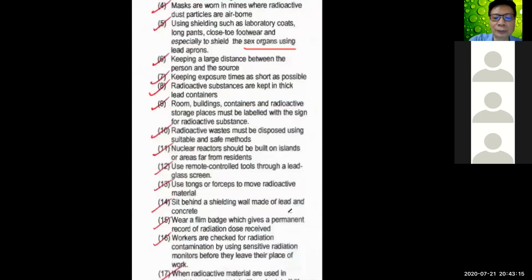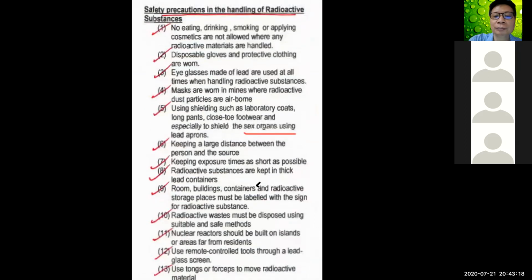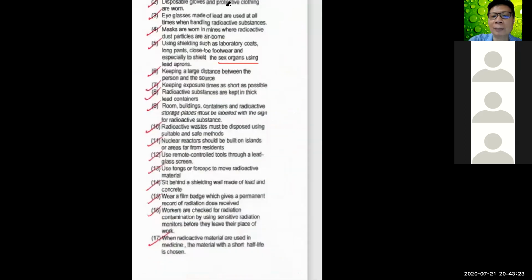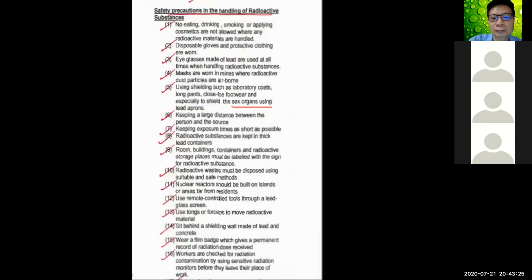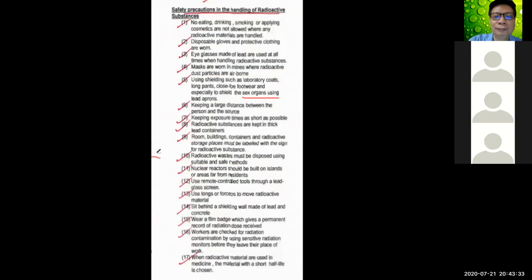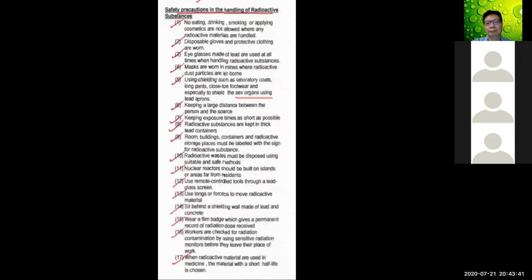Okay, this one you need. I want you to memorize also. Those parts are very important, so you have to memorize them. Cannot run away. You cannot memorize all. At least memorize 70% of it. Okay, memorize it now. The precautions during handling of radioactive materials. What are the precautions you must take?